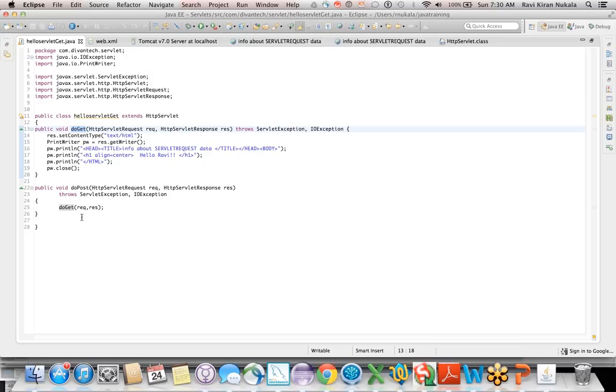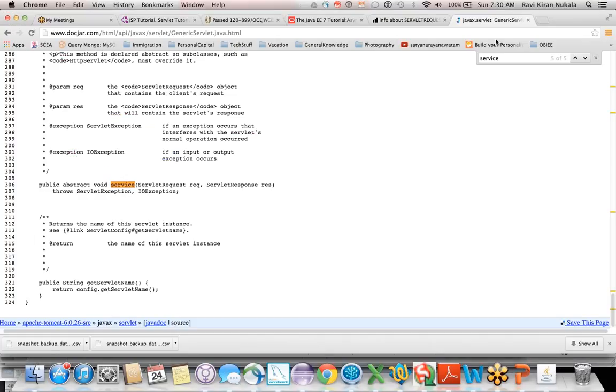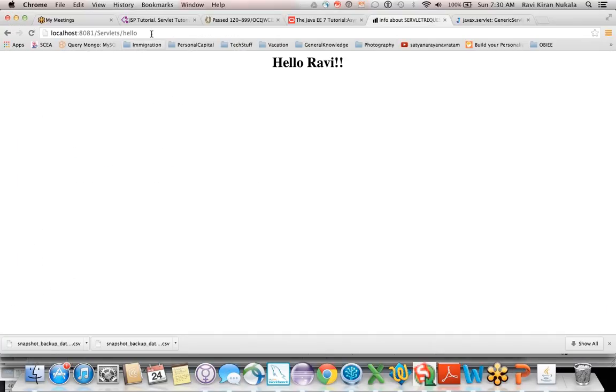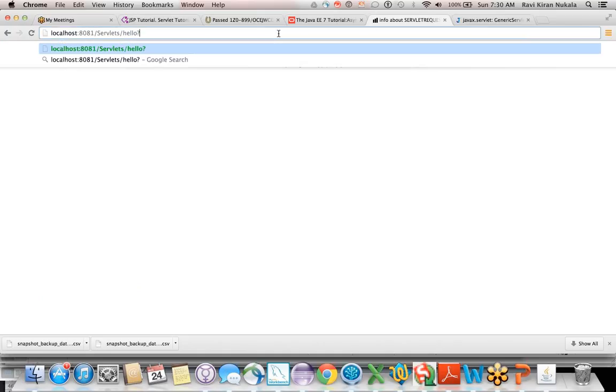For example, if you have used doGet for a sign up form, an HTML form has a lot of data. If you're signing up, people have a lot of data, right? If you send all the data to the server and invoke a doGet, everything is visible here in the query string, right? That means, okay, if you pass it like this,